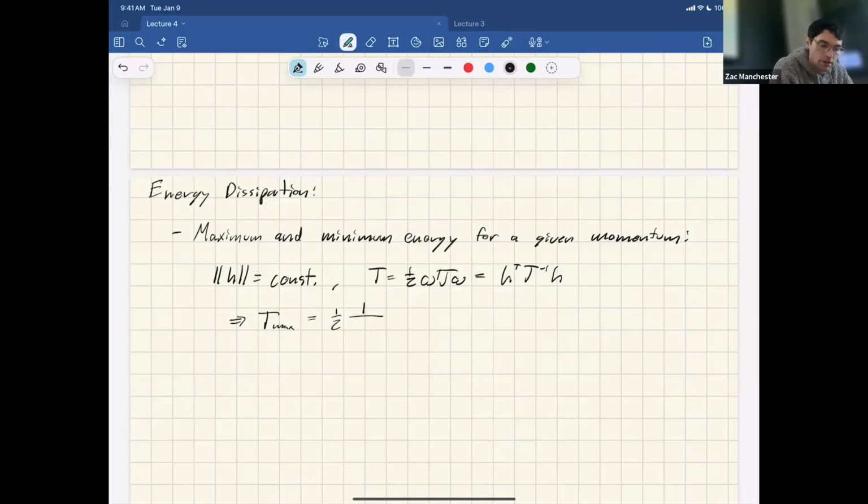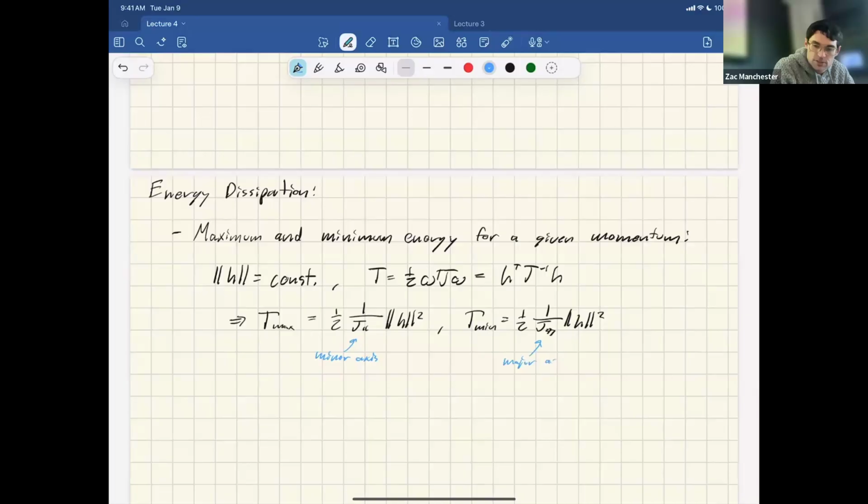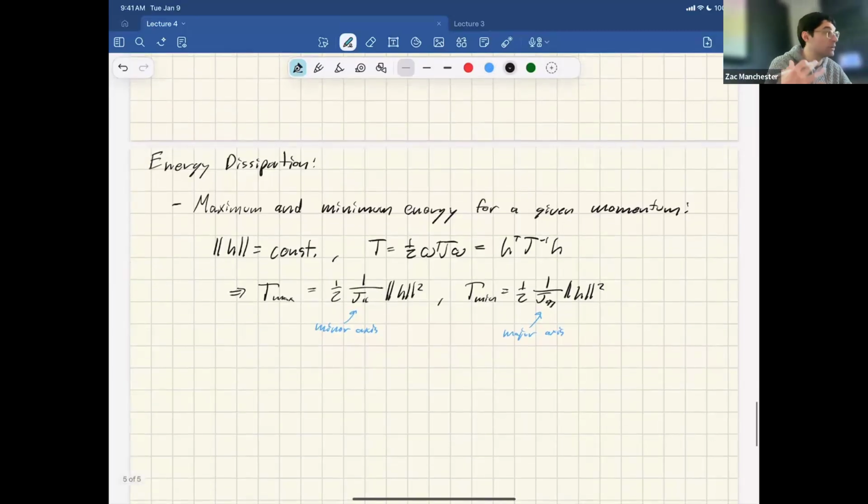The maximum energy is going to look like this. It's 1 over the minor axis inertia times norm h squared. That's just me writing this guy out, right? And then the minimum one is going to be where I've got the big inertia in here times norm h squared. And so this corresponds to the minor axis, and this to the major axis. Okay, so now we know the hot dog spin, the minor axis spin, is a maximum energy state